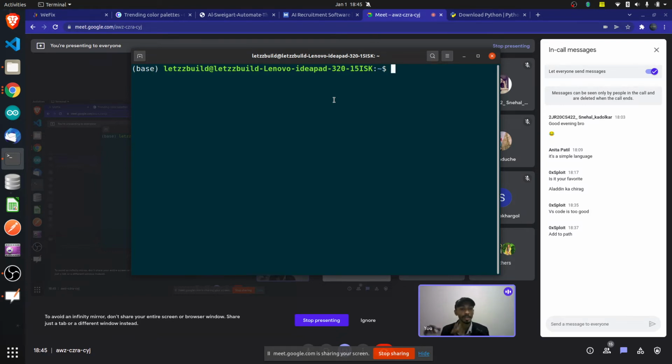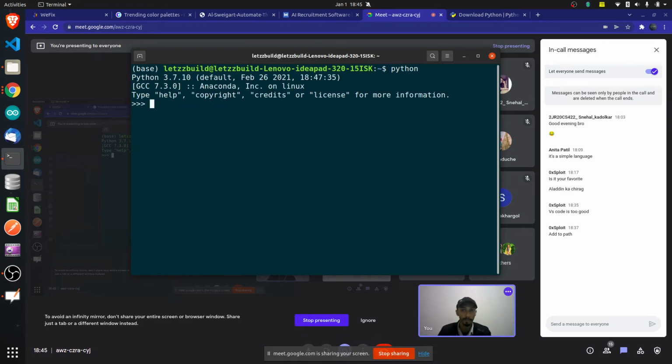I assume first you will install Python and then you will do this work. Once you have installed Python, how do you cross verify whether Python is installed properly or not? For that you will open your terminal on Windows. Just type terminal or CMD. Open your terminal and type Python, then hit enter. If you get these three arrows, or if you get something like Python 3.7 and all those kinds of versions, that means congratulations, you have successfully installed Python on your computer. If you don't get this, then you might have done some mistake.